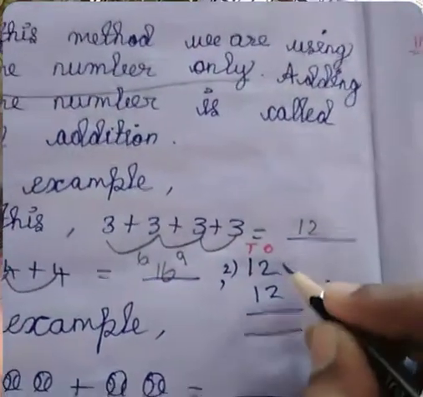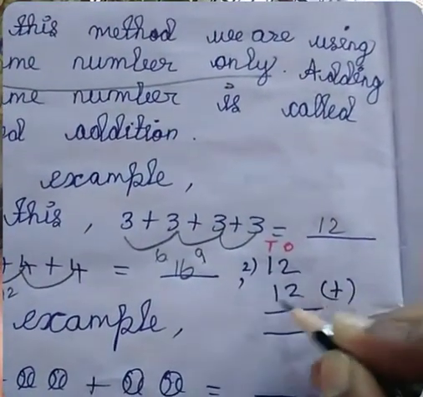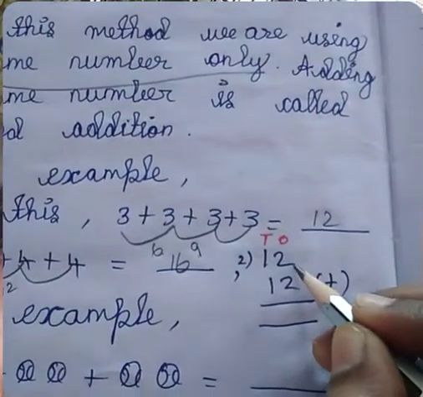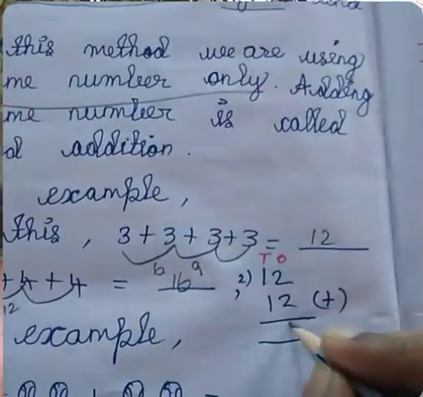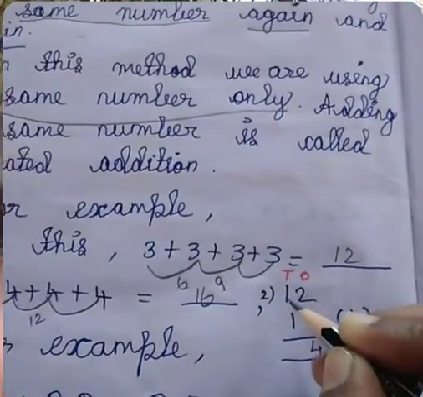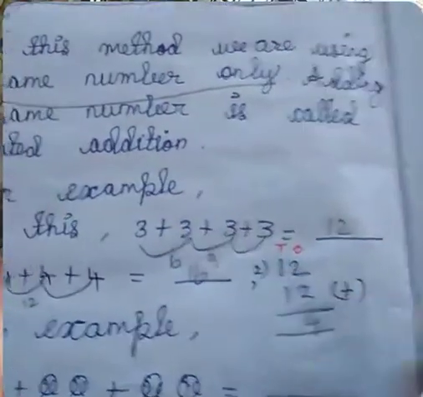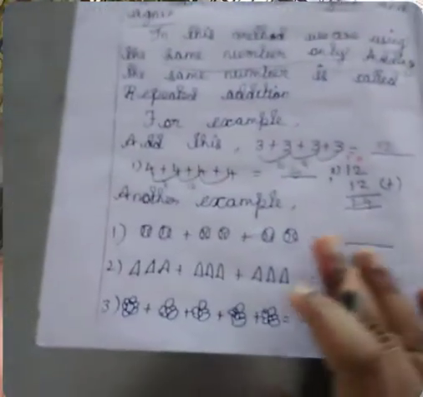See, first consider the ones column, the number is same, 12 and 12. Keep 2 in your mind, 2 in the finger. 2 after 3, 4, okay, same number, and add this 2, one in the mind, one in the finger, one after 2. The answer is 24. In the book work they are giving like this also.